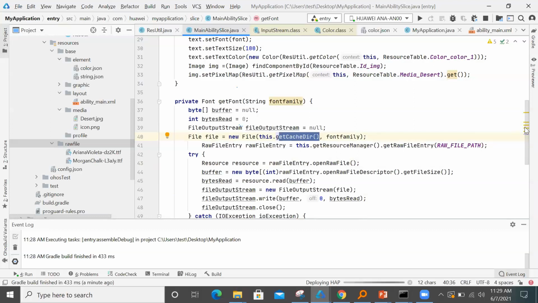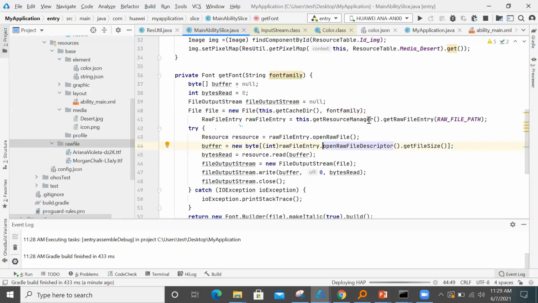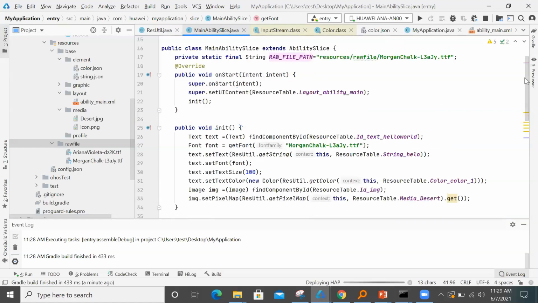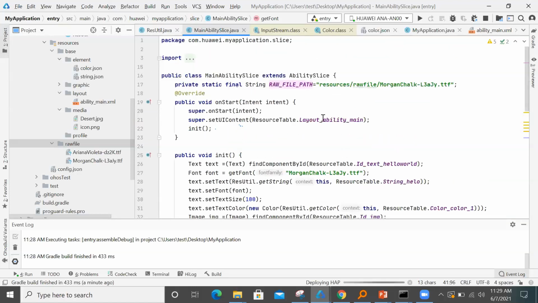Now I can access this raw file. How I can access it is, you can call get resource manager, which will get hold of the resource manager, and we have a get raw file entry method. To that we will pass this raw file path. This raw file path will give resource raw file and what is the file. This path you can give, and that will give a raw file entry.